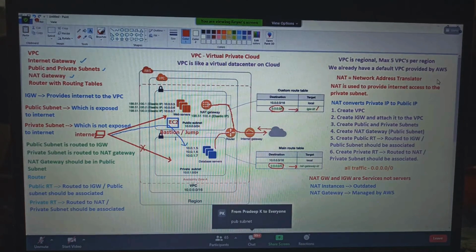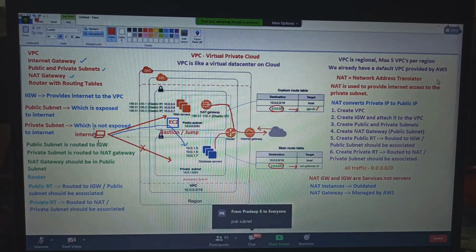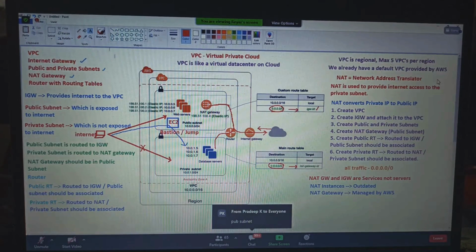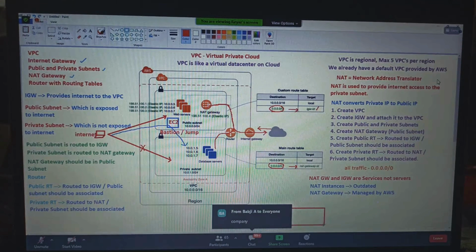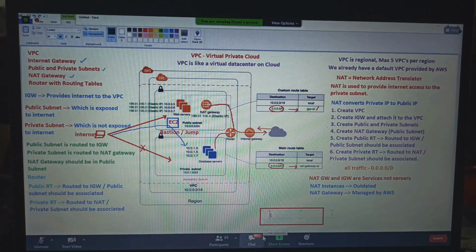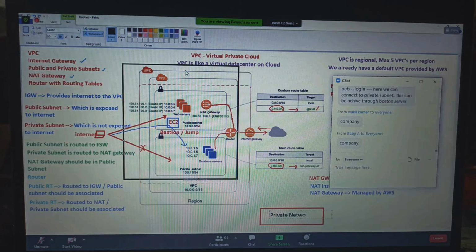So usually in real time, will you be in the public internet? Will you work from your company only, right? So here, this is your company. Company will have public or private network?